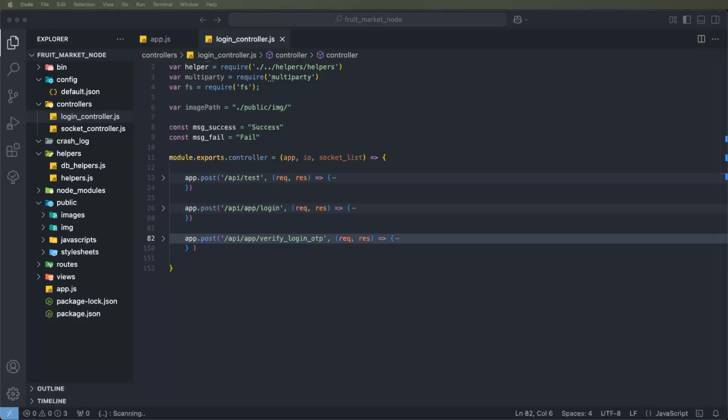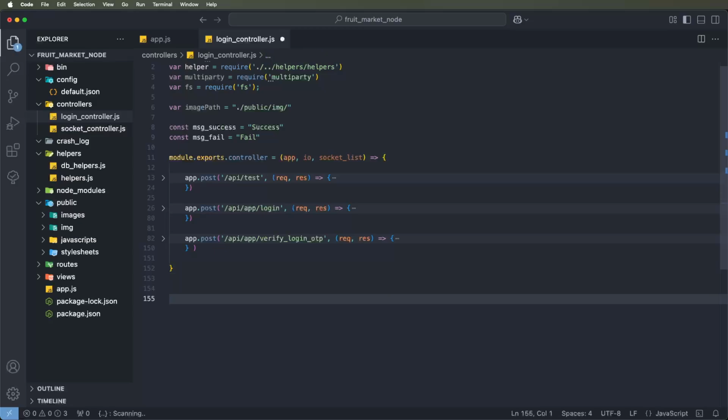In Fruit Markets Node.js, today we are going to create the API for the shop owners. First of all, we need to develop the access token checking function. Now we need to write the function and give it the name check